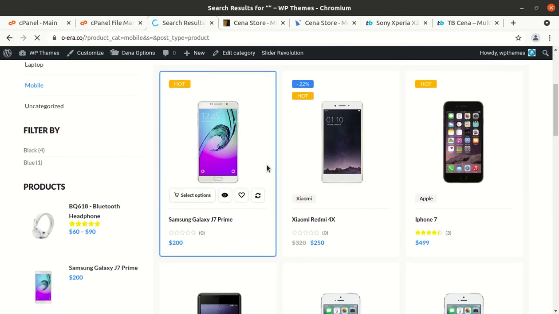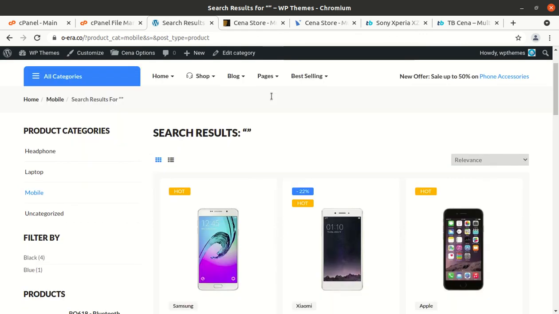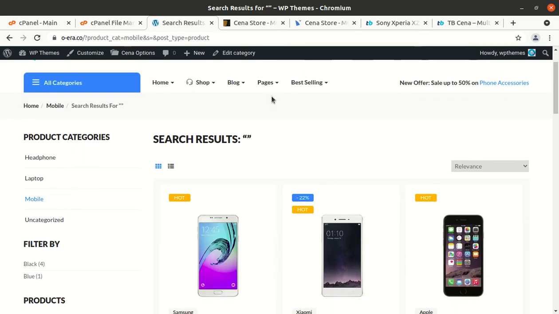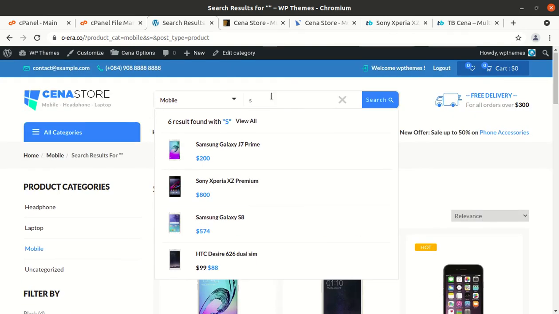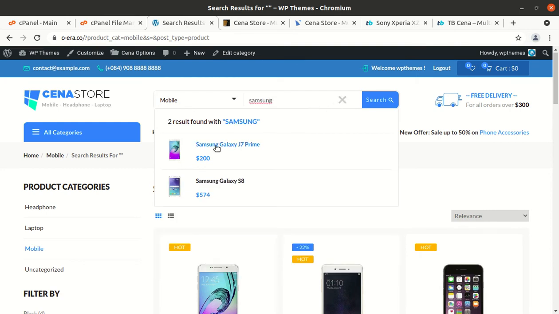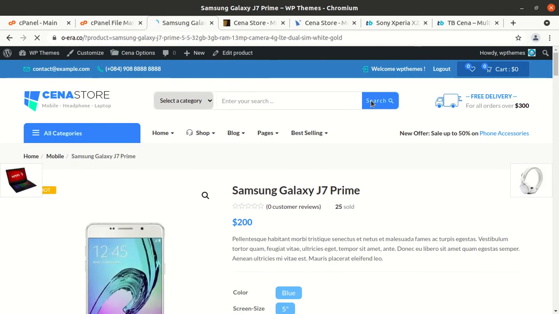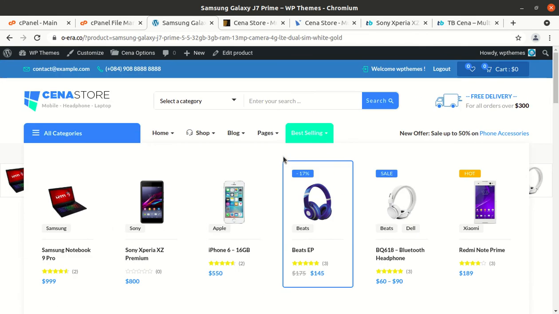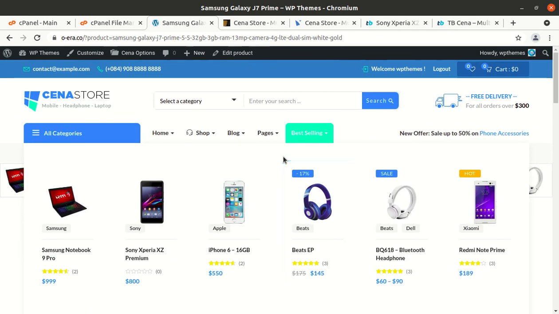Okay, so Samsung Galaxy and all such listings are here, so I'll just type Samsung here, and you can see how Ajax search is working. So it is filtering like Ajax, and it is a very effective search system. And on an e-commerce website, it is very important, if search is working fine, you are going to get a great number of sales and a high number of conversions, of course.